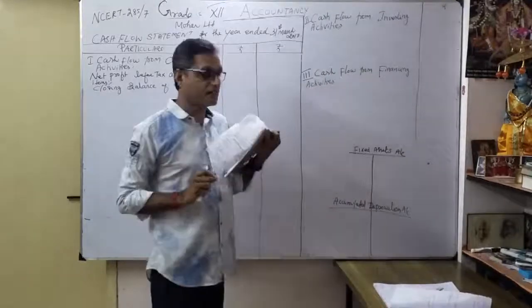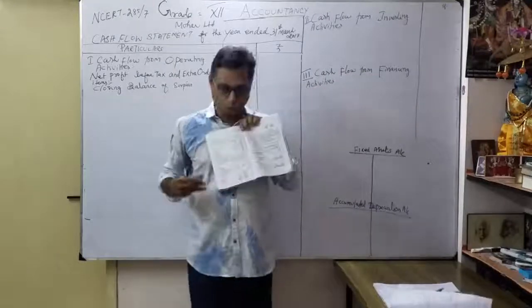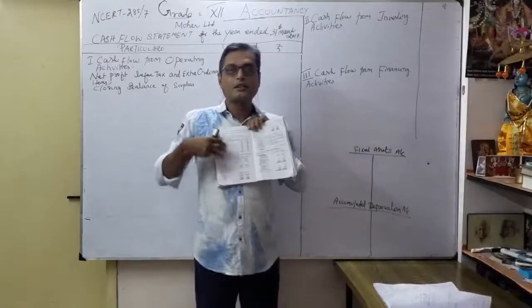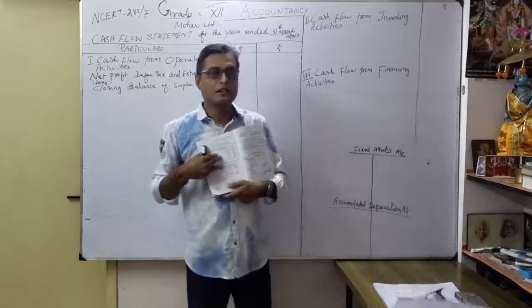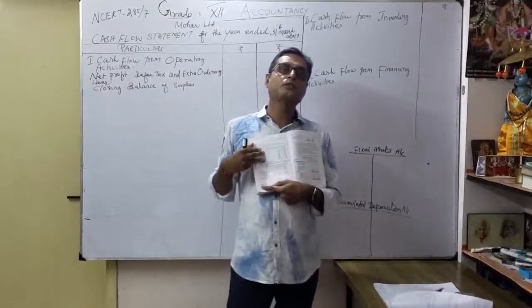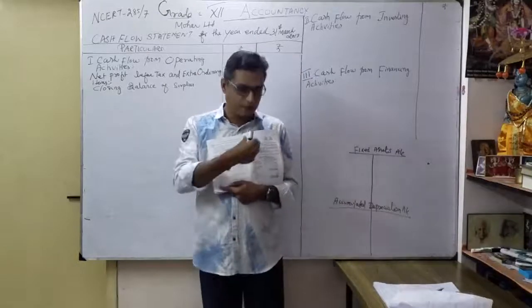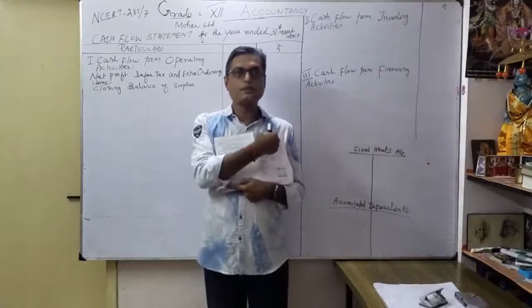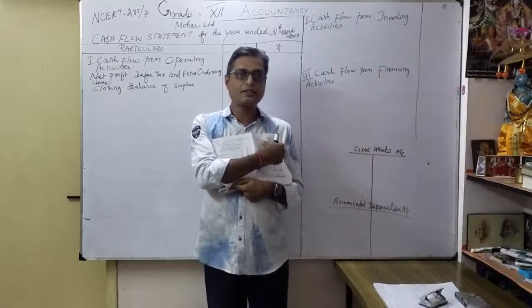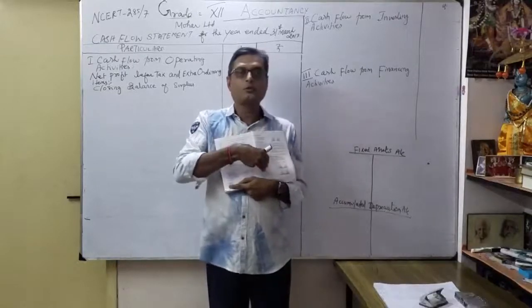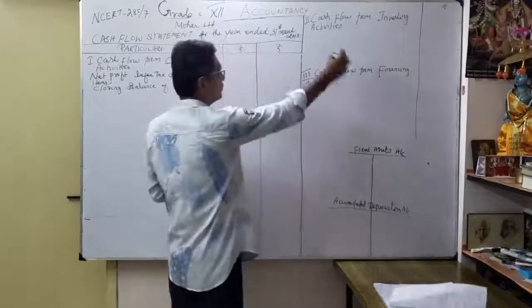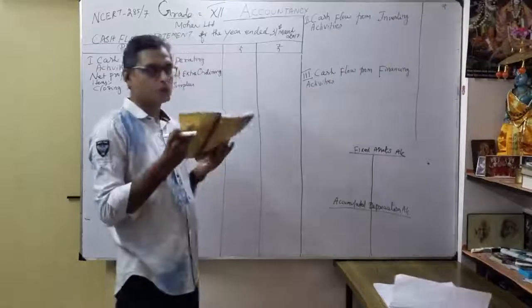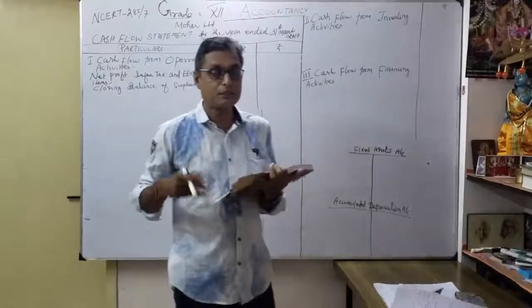In the previous class, I said take one notebook. Here you open cash flow from operating activities. Leave the whole page, because in cash flow from operating activities we want to do more work. Similarly, on the second page open cash flow from investing activities and give some space. Roman letter 3, cash flow from financing activities. Likewise you draw. Now we are going to discuss one by one.